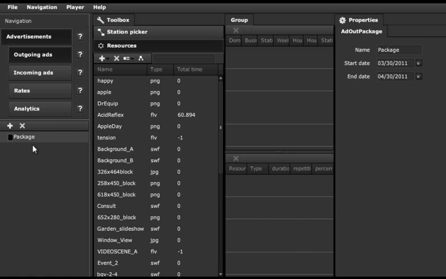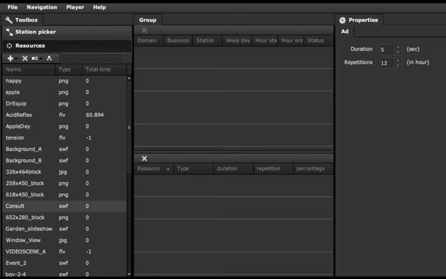So let's go ahead and select the package that we just created, and right here we'll see that under its properties we have a start date and an end date. So these will be the dates that Joe would like to run this package for. Let's go ahead and make a little bit more room here now. And so next, Joe needs to decide which files, which resources he would like to run as part of his ad package. So he can select videos,